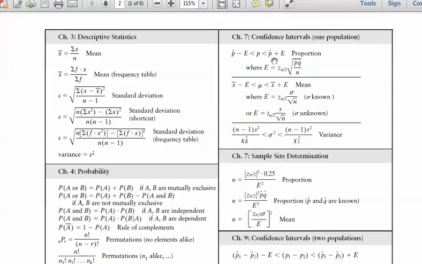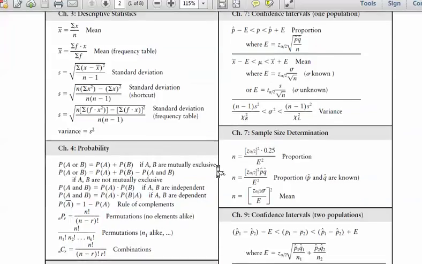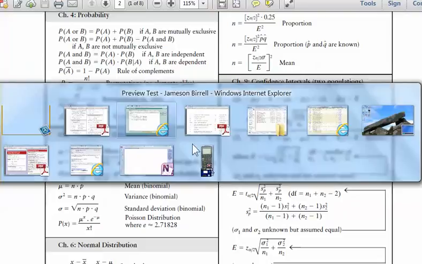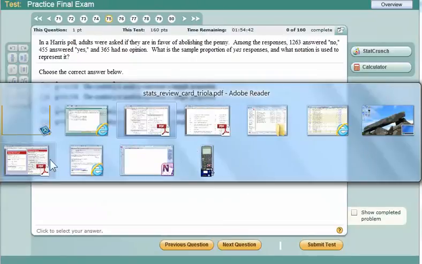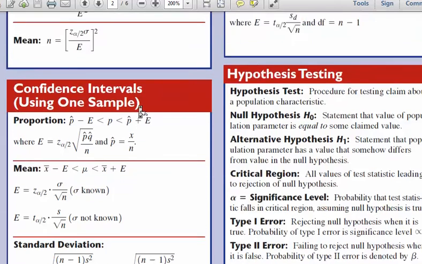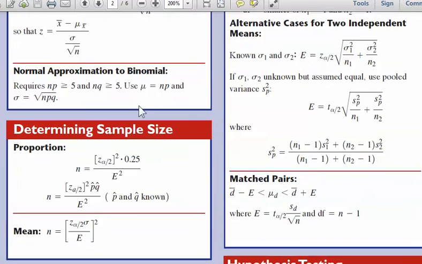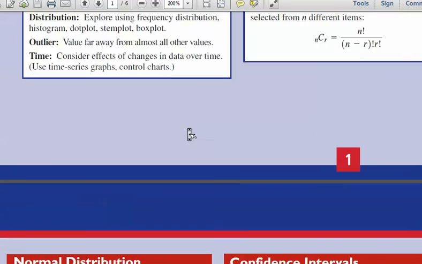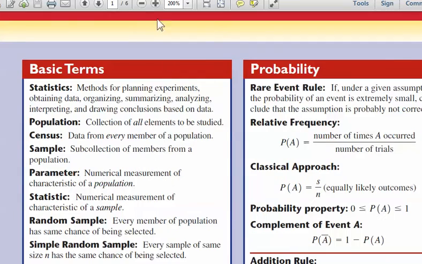I am not. I'm seeing the usage of p hat, but I'm not seeing the definition. Now I know what it is, and you probably know what it is too, unless you got this question wrong, which it was one of the most missed questions. So someone got it wrong. So instead I'm going to go to the review card. And I'm just going to quickly check. If I don't see it, I've just got to remember. And I got to think about